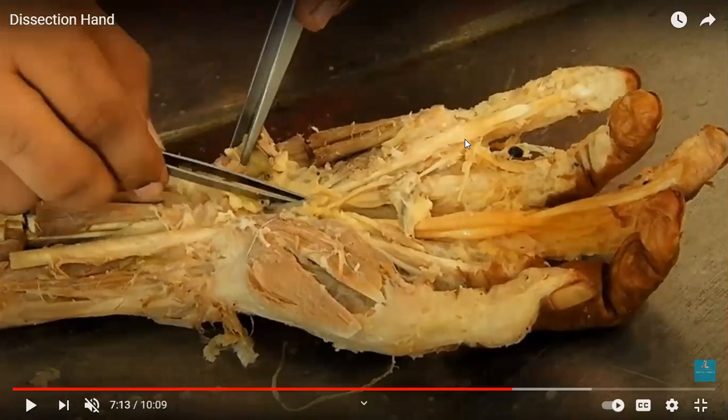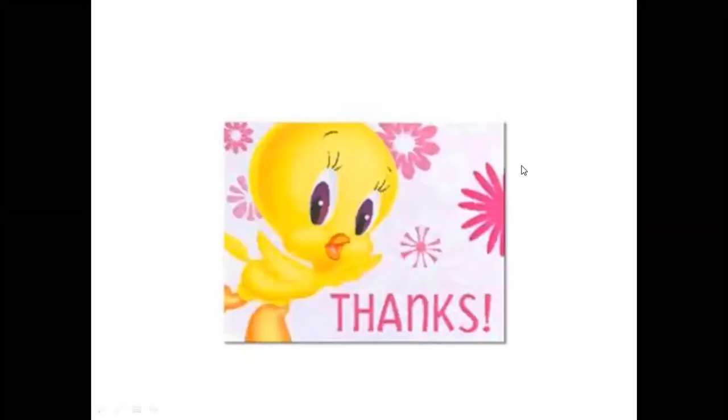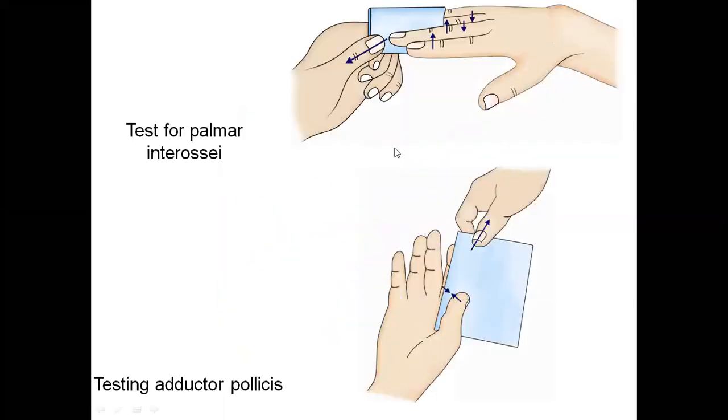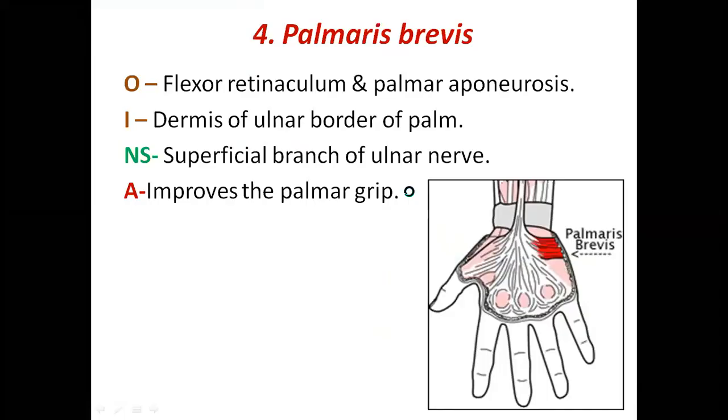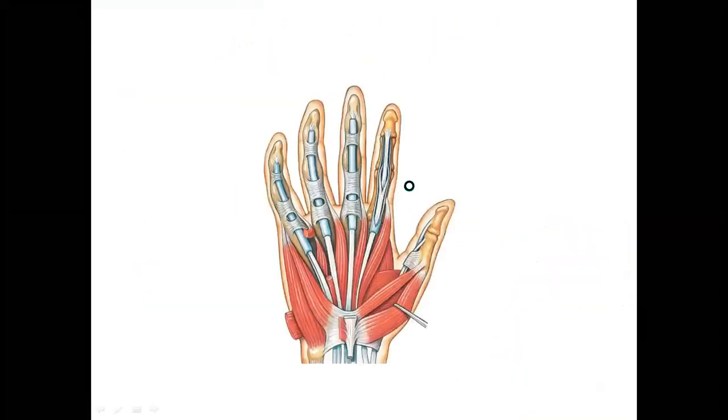Theory is not yet done, right? Okay. So that's what I want you to remember. So, all about palm. I hope you understood. Just try to remember the things, it becomes easy for you. We have discussed many things, right? We have talked about palmar aponeurosis, we have talked about fibrous flexor sheaths, isn't it? Then once you cut the palmar aponeurosis, you have seen thenar group of muscles, hypothenar group of muscles. Between the tendons of flexor digitorum profundus, we have seen 1, 2, 3, 4 lumbricals. Once you remove lumbricals, you have seen the palmar interossei.